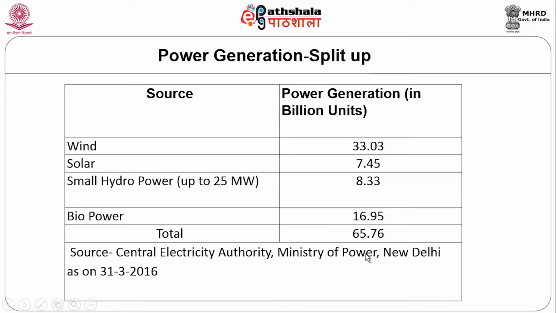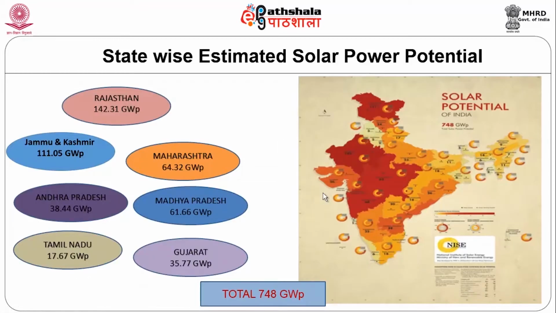Overall, totally 65.76 billion units of electricity are being generated through renewable energy based systems. And this is about